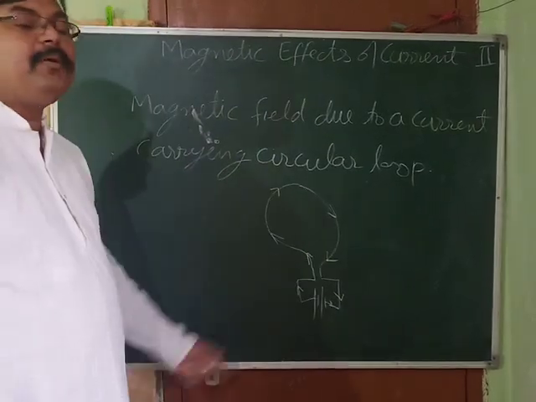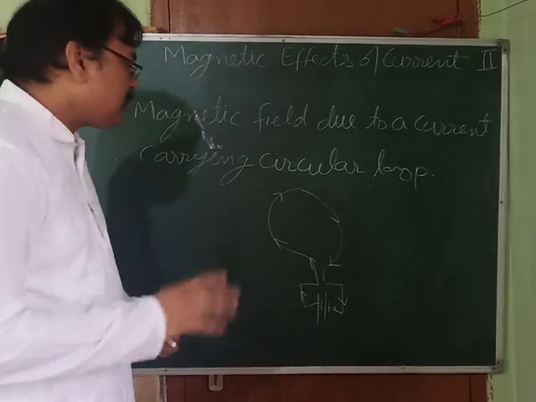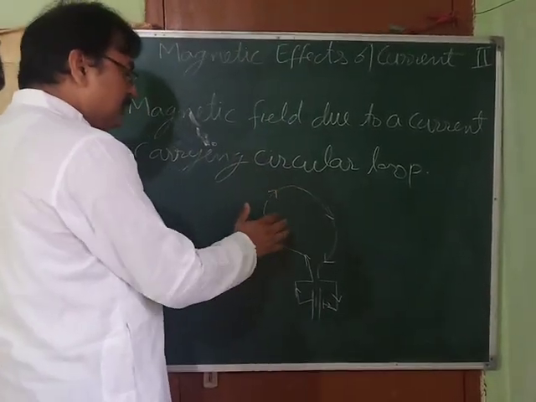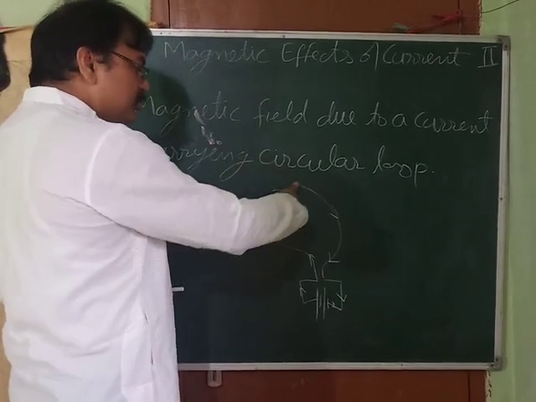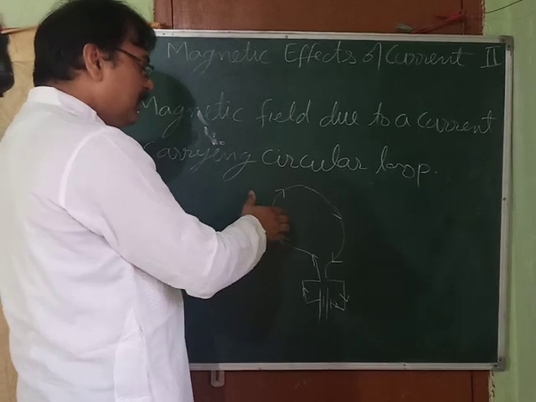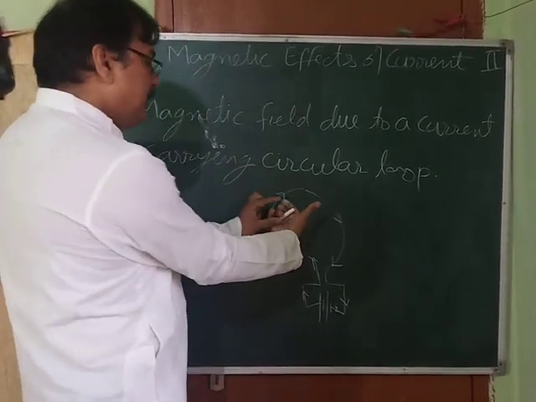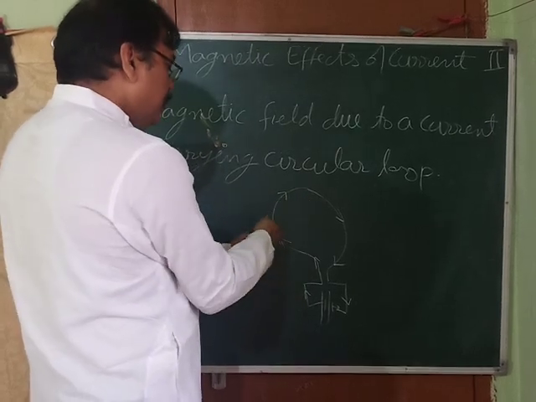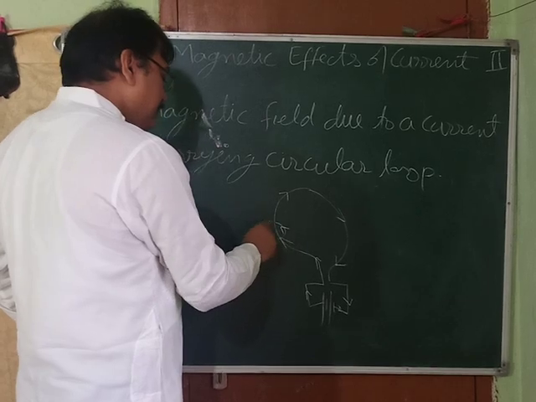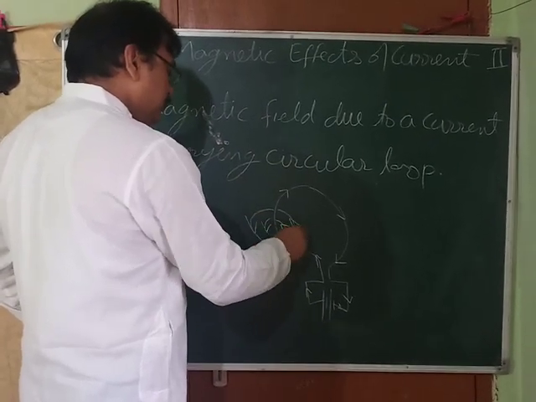Now you want to draw the pattern of magnetic field lines for this. So what you have to do? You have to use right hand thumb rule. Just imagine that you are holding the wire like this, because the current is going in this direction. So your thumb should be in this direction. When your thumb is in this direction, see how you are holding. First your fingers are going inside and then your fingers are coming out. See, it's coming out. So the pattern of magnetic field lines will be like this. It is going in and then coming out.